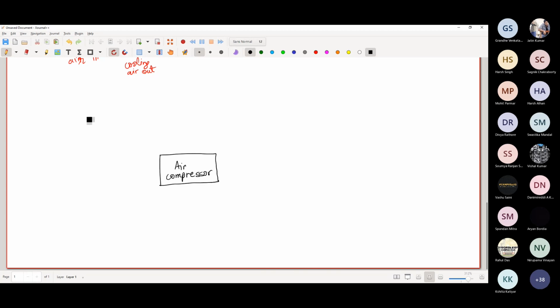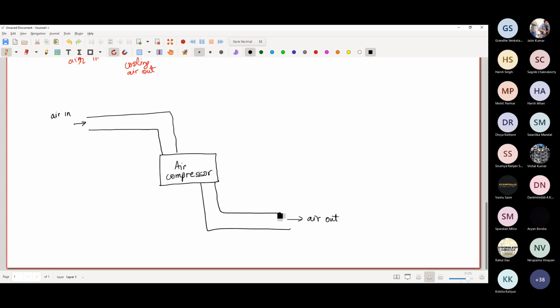Let's say there is a large tube going in. There is a tube going out. So this is air in, this is air out, and obviously work is going into the system as well. So this is power basically, the rate of work. So the first approach says I'll just make this the control surface